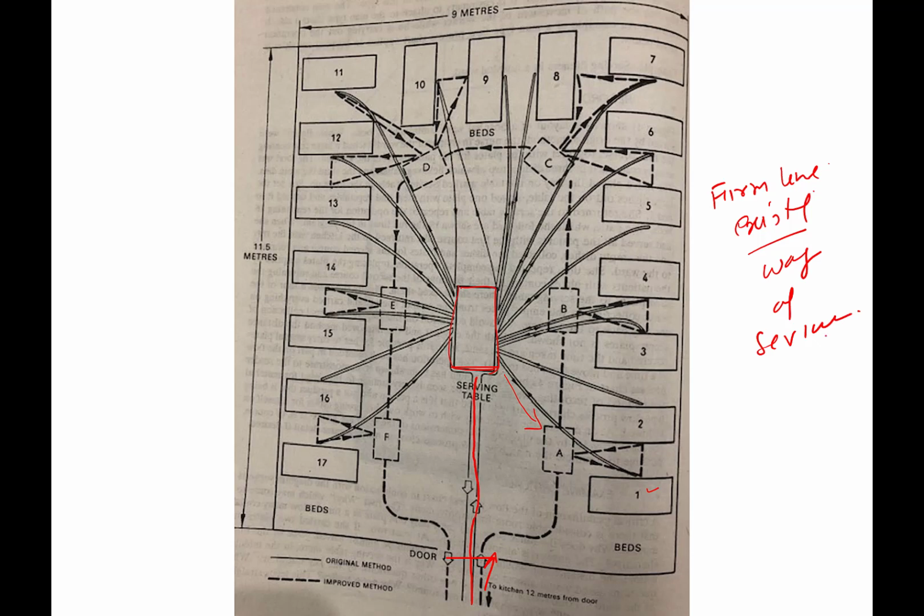The dotted ones are the proposed one. About that I will talk a little later. So this is the first case: the nurse goes to the bed and then returns back, then collects another plate and goes to bed 2, does the service and then goes back again to the serving table. So this is how the entire path is being traced.